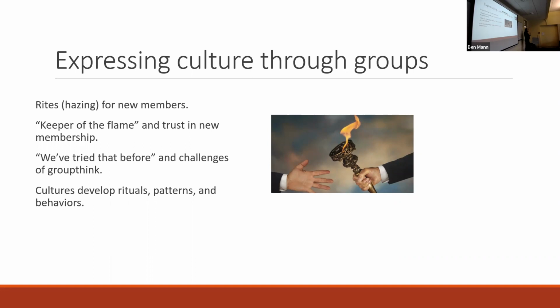So that can be a way that things are passed down to members of the group, is helping them to learn the ropes, to really fully become new members, to feel included, and giving them the resources they need to succeed, knowing that people are going to come and go.